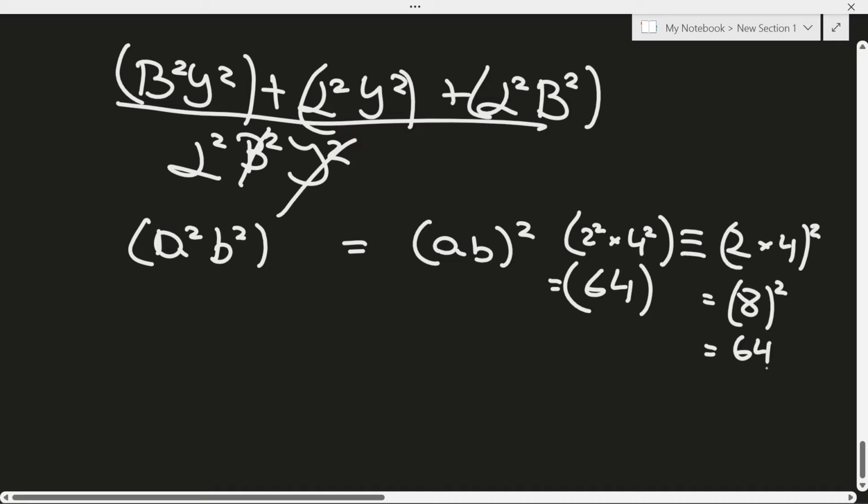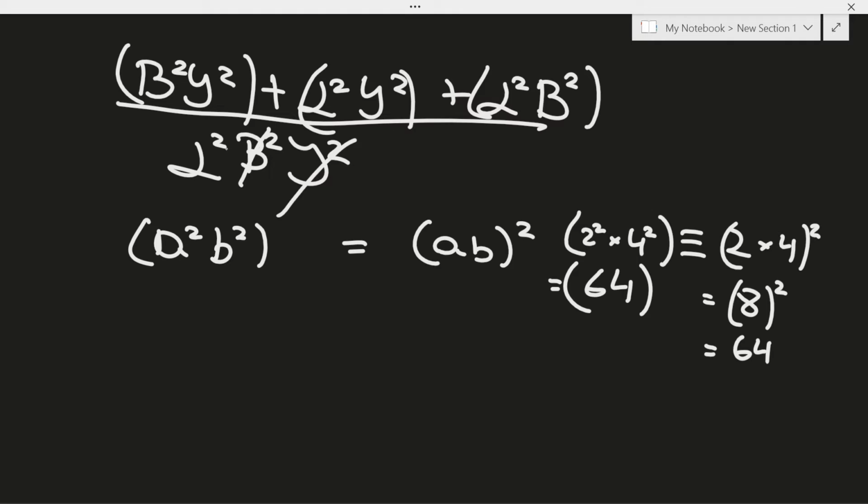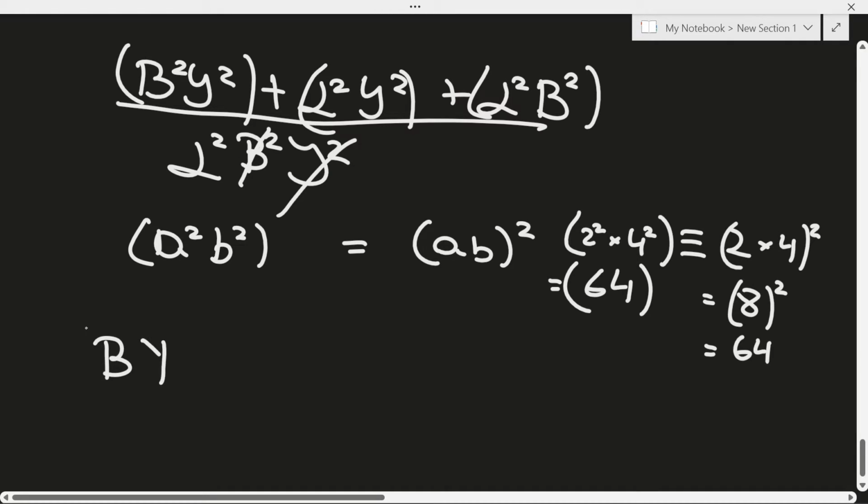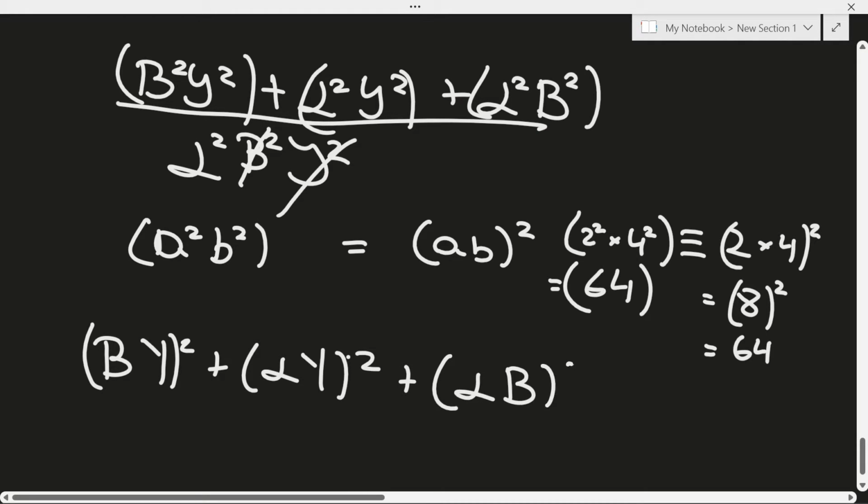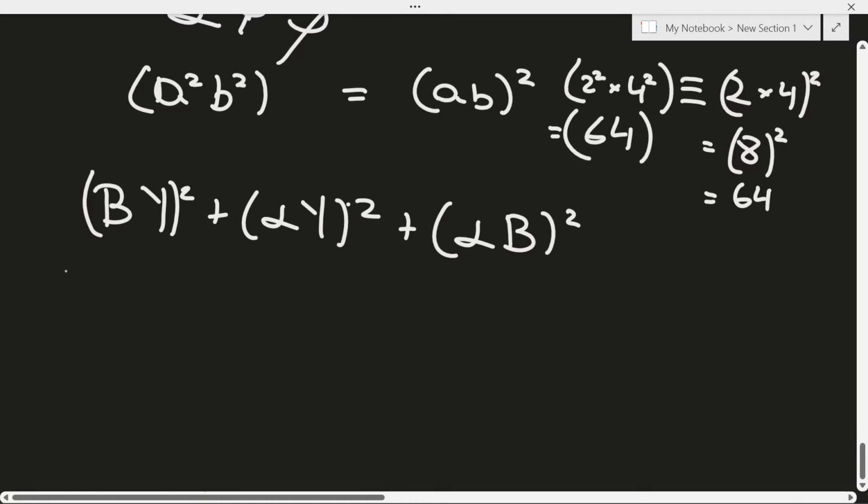So another foundation thing to know. But yeah, in this equation here, we have beta squared times gamma squared. So we can say that beta times gamma all squared plus alpha times gamma all squared plus alpha times beta all squared. And we also have to keep on remembering to put it over